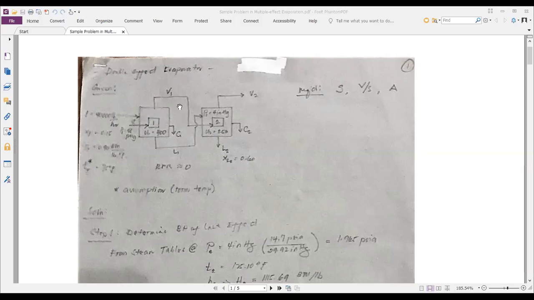Now, the vapors of the first effect is the heating medium of the second effect. And we still produce the condensate for the heating mediums here, C1 and C2, and the liquor of the first effect is introduced or processed further in the second effect to come up with a final product having 60% solids. So we are to assume that, since there was no mention in the problem about the temperature, then we are to assume that your temperature is